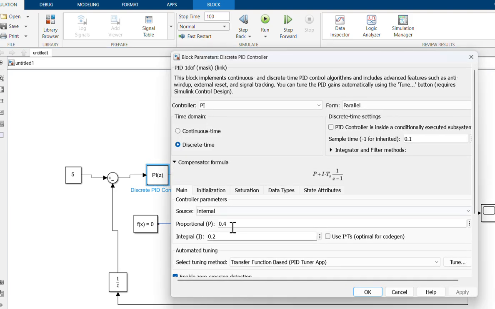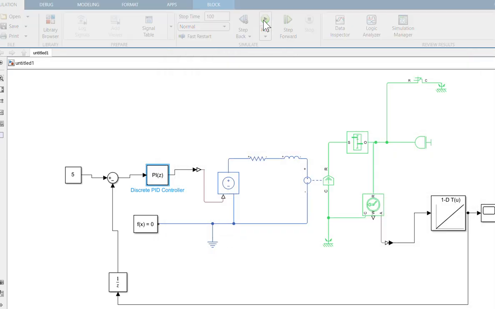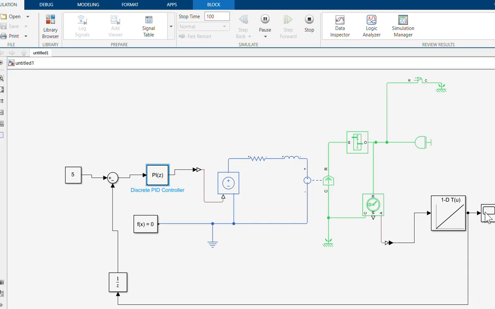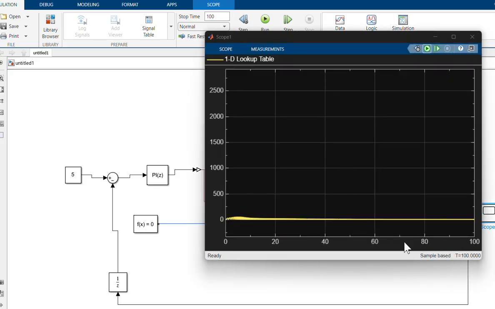Maybe we just hit 0.7. Okay, I think. So much.